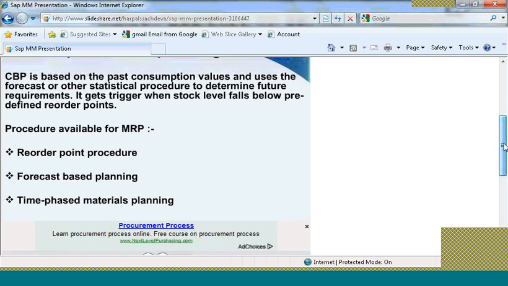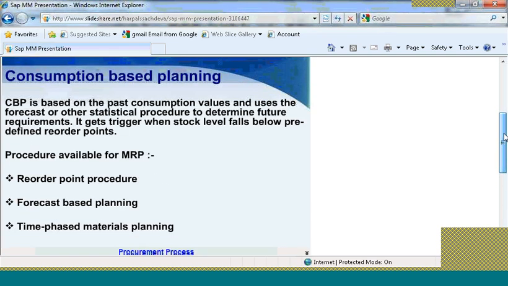So let's look at each component in detail. Firstly, we have the consumption-based planning, CBP. Let's look in brief at what each component stands for. The CBP is based on the past consumption values and uses the forecast or other statistical procedures to determine future requirements.